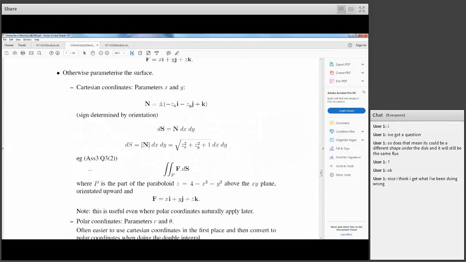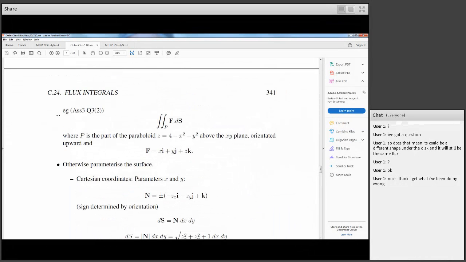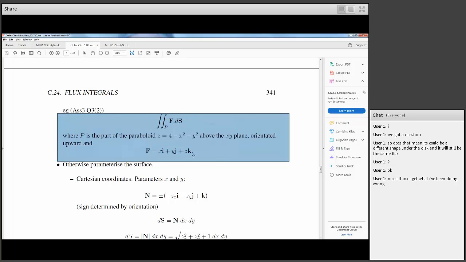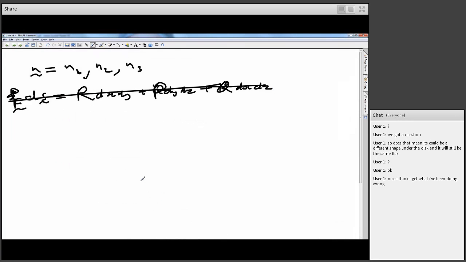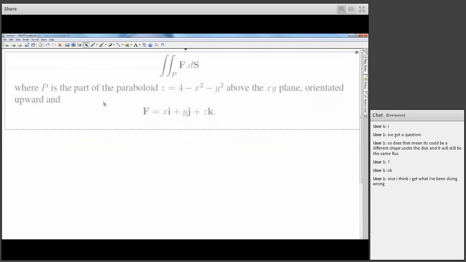enough waxing lyrical. Let's just do a question. And then we'll talk about why. So this method that I'm going to do works in all the previous cases. So all the previous cases I could have done it for, but I'll explain why I didn't before. So here we've got